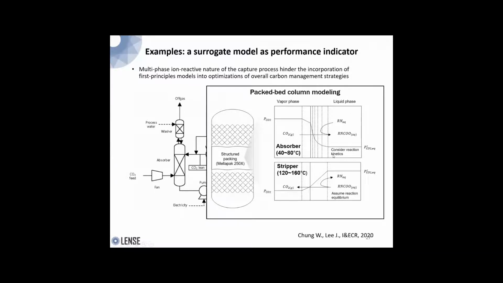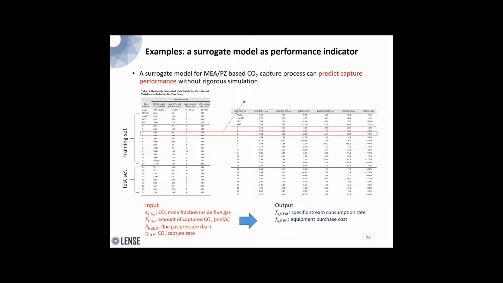You have to consider reaction kinetics. And for the stripper, you can assume equilibrium, and then create some sort of linear profile. Anyways, the rigorous model is very complex and very difficult to use in the context of optimization,